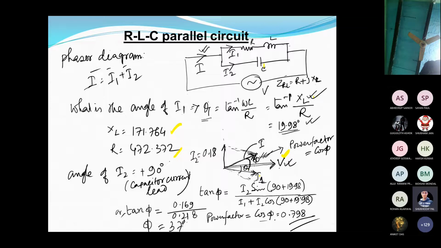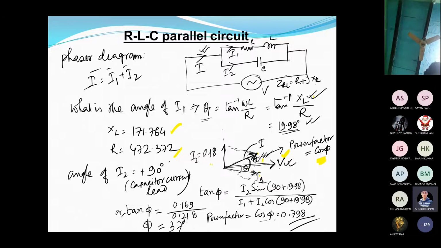So this is the 90 degree leading, right? So what is the value of current I2 that you know from the meter? Now you have I1 plus I2. So depending on that, you draw the phasor diagram. I1 plus I2, what will be the net current? It is this one, right? The net current is leading because the circuit is capacitive, because XC is higher than XL. So that's why the net current, the power factor, is this one.